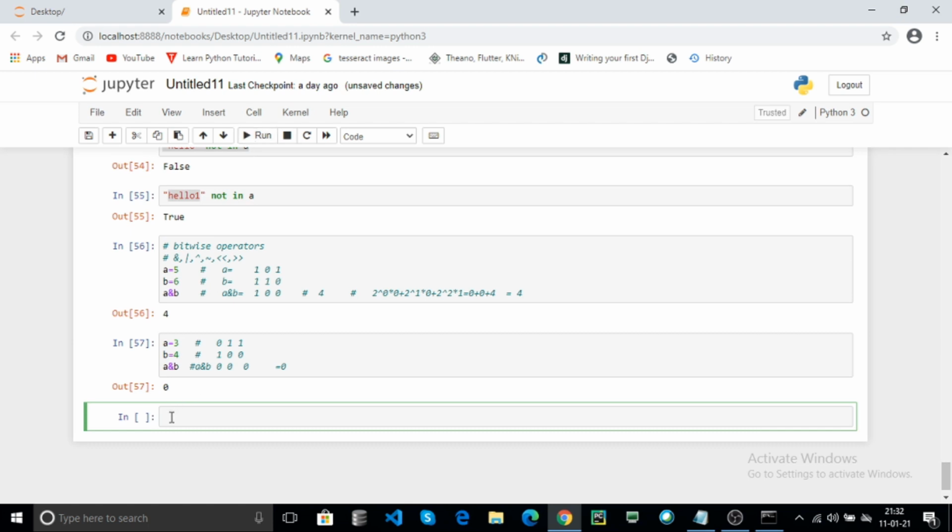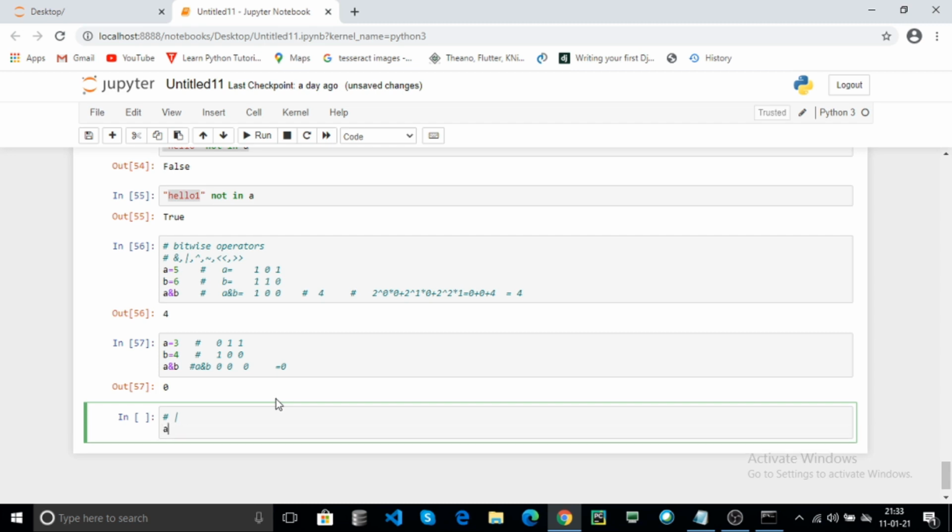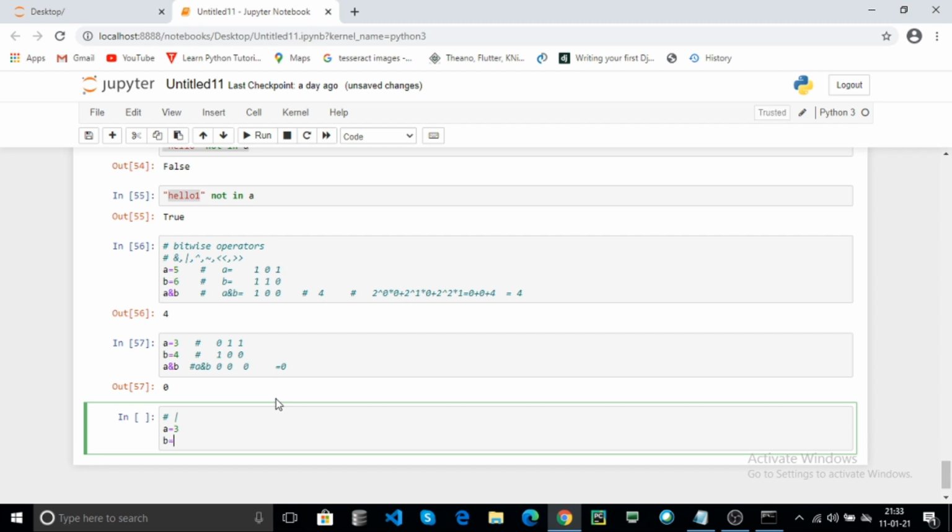Now the bitwise OR operator. The bitwise OR operator works like this: if any one bit is 1, it returns 1, otherwise it returns 0. For example, a equal to 3, b equal to 4.